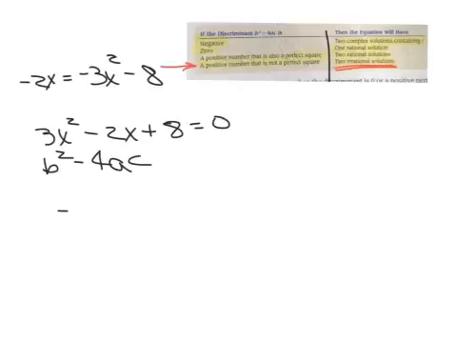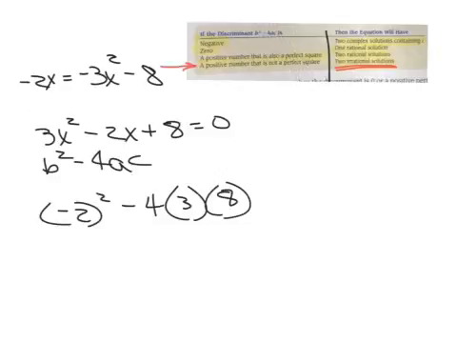So my b is negative 2. Put it in parentheses so you know to square it, so it becomes positive. Minus 4, a is 3, c is 8. So this is 4 minus 12 times 8 is 96 equals, and again, I don't care what the answer is,